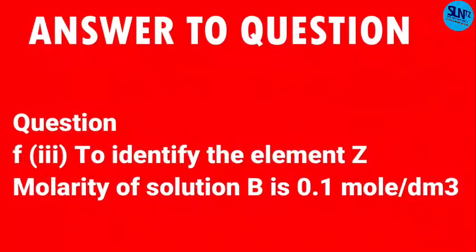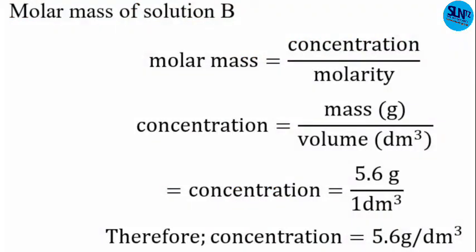Another question is to identify the element Z. Molarity of solution B is 0.1. In order to identify the element Z, our compound is ZOH, so you are supposed to calculate the molar mass of solution B, which is the full molar mass of Z hydroxide. So the possible formula to use is: molar mass is equal to concentration over molarity. Concentration is mass over volume, and according to our data,